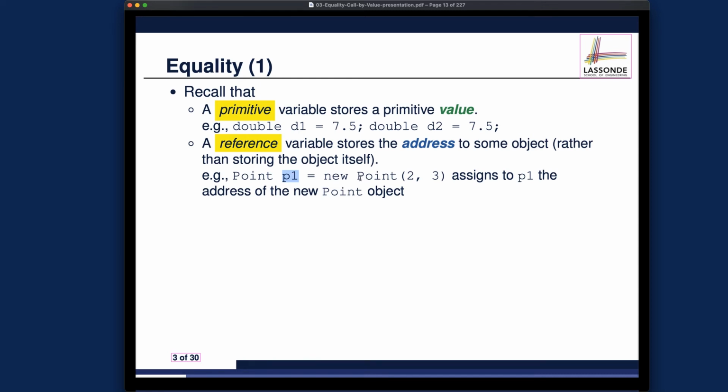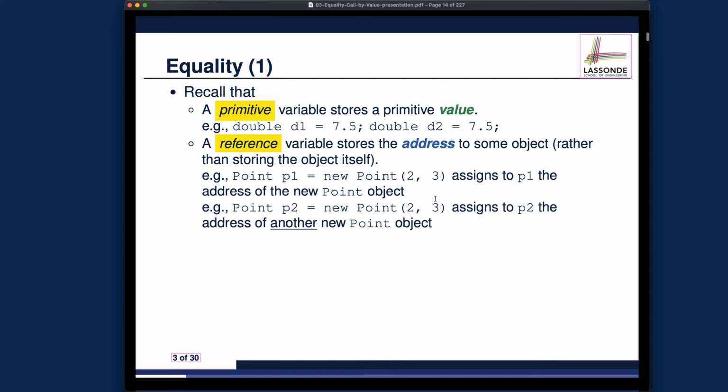For example, it's going to store the address of the point object, which itself actually contains two attributes in this case, the X and also Y coordinates. That's what we have, right? That's something we also knew from before. And you can also have another variable here, just called P2, which stores the address of just another new point